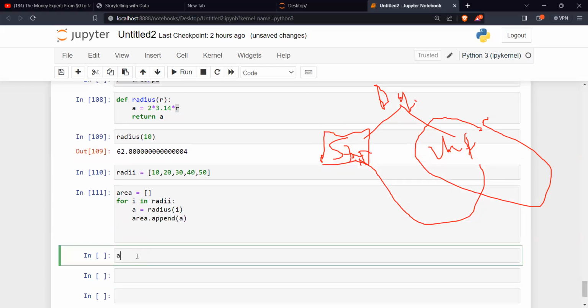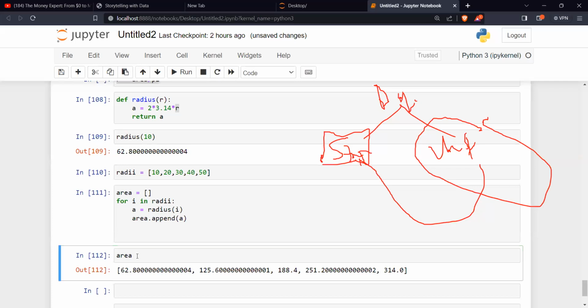So if I now call area, can you see what it has done? Do you understand it now? Do you see how we have created a function? We have now used a loop to append it somewhere.